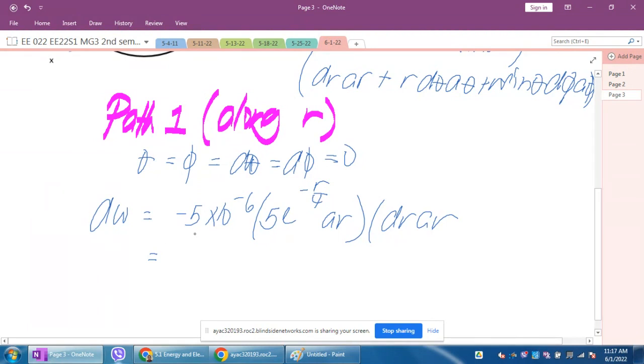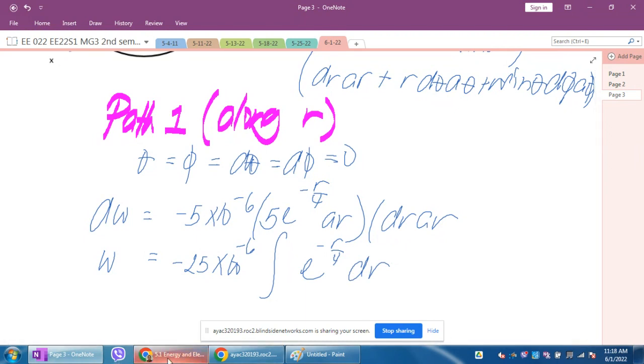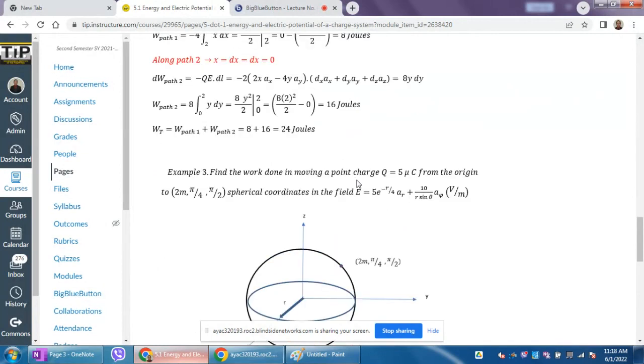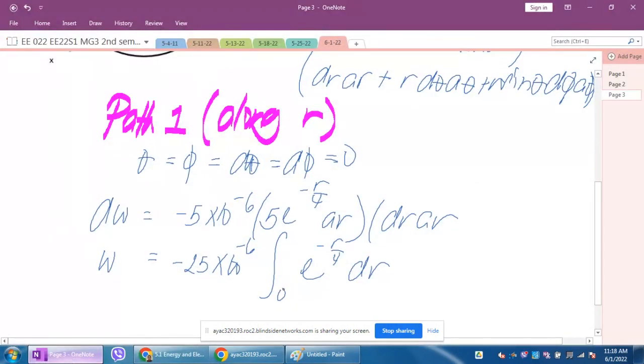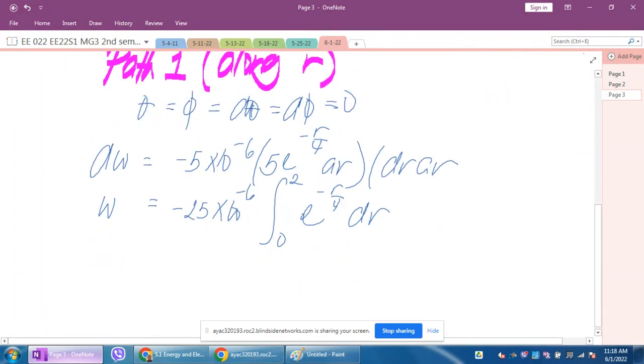Evaluate na natin to. So, work, negative 5, negative 25 times 10 raised to negative 6 integral of e to the negative r over 4 dr. Now, ano yung limit ng r? So, given naman sa problem, ayun, 2 meters yung value ng r natin. So, 2 meters. So, from 0, origin tayo galing, no? Origin to,